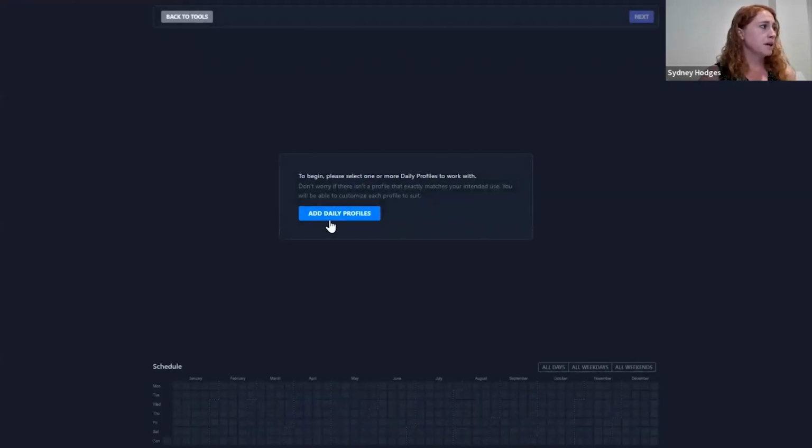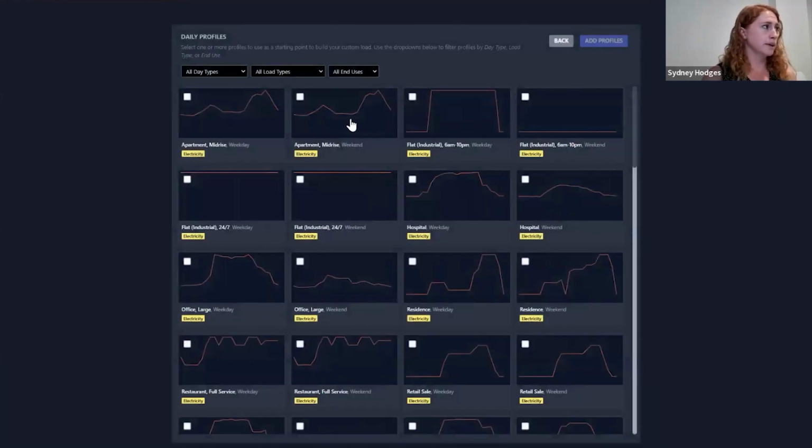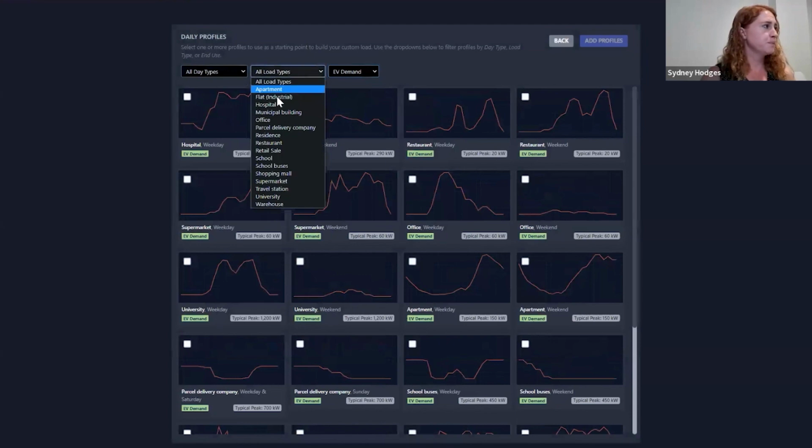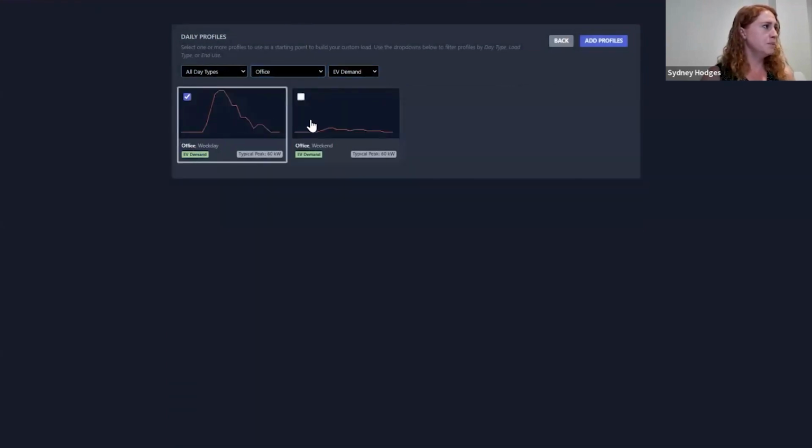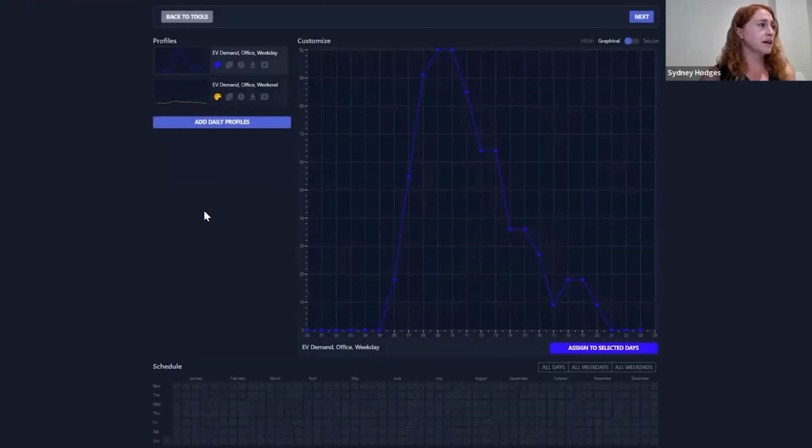The first step in running a load builder is to add characteristic daily profiles to begin with. To do this, I'm going to choose the EV demand load type with the office building type and import the two weekday and weekend characteristic load profiles. Once you pull in these characteristic load profiles, you can then edit every single hour of the day to get the appropriate load shape you're looking for, and then assign that load shape to every single day in the calendar